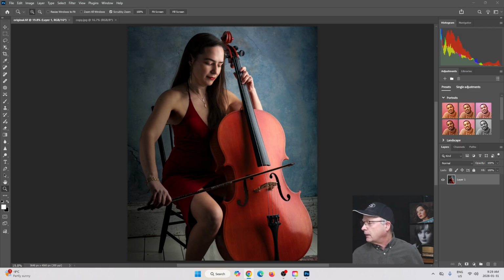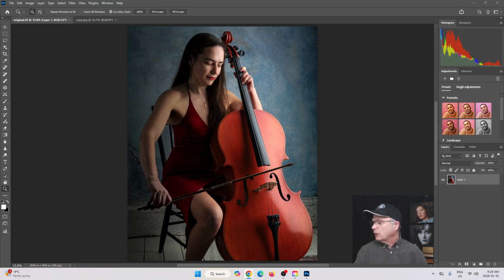So that's kind of where it stopped on telling me the positives about the image. Now it's going to say ways to improve it further. So it talks about background separation. So it says the background texture is nice, but it's close in tone to the hair and the upper cello.